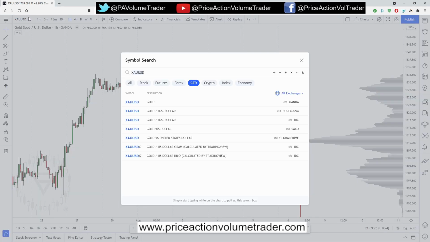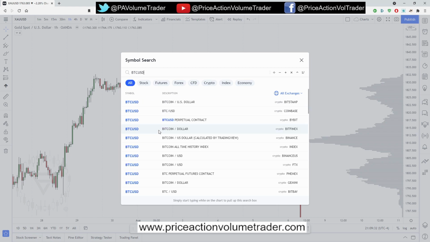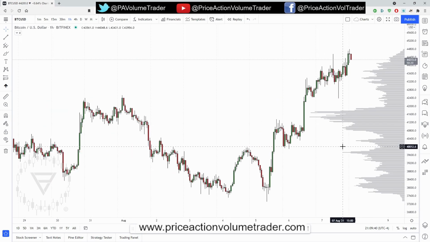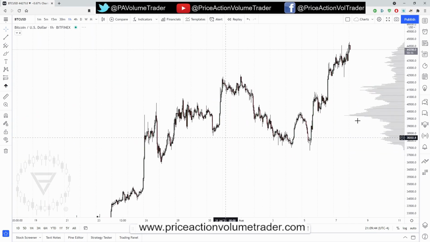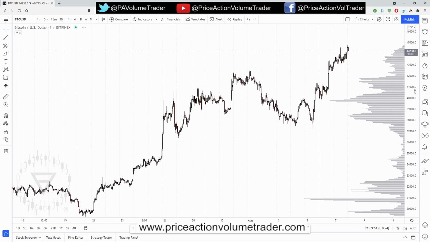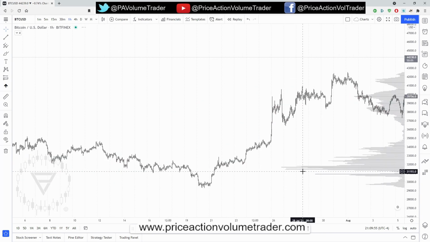Let's go to Bitcoin. Bitcoin has a ton of common gaps everywhere. So let's go to the Bitfinex chart. You can see here, and again, this works on any market. I use this, and I'll show you the S&P 500 later also. But as you can see, on Bitcoin, for example,